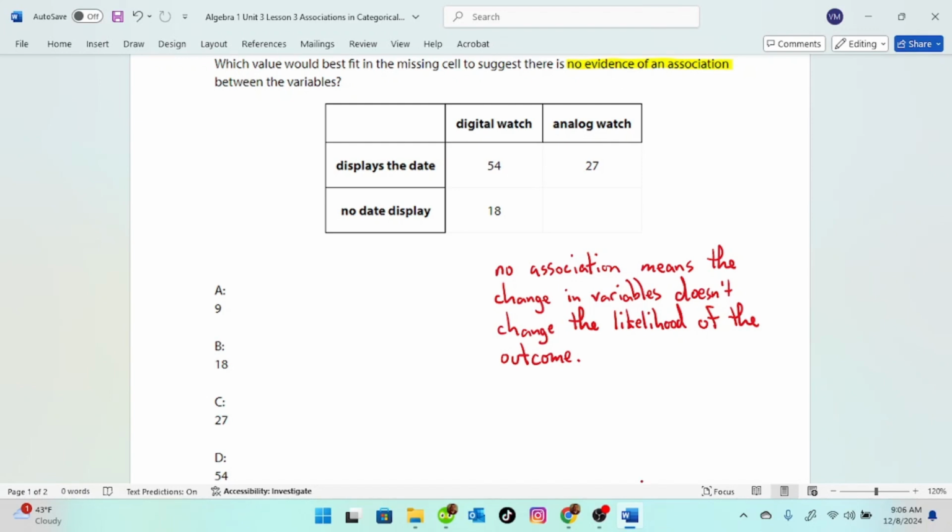What this means is that we want to see the same likelihood